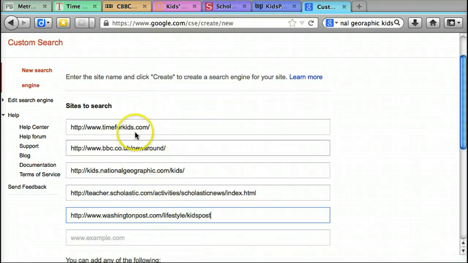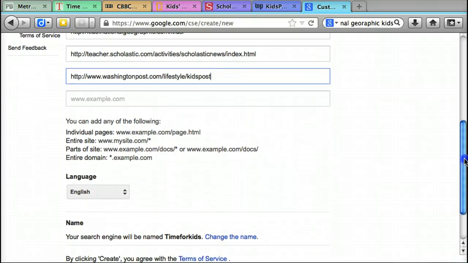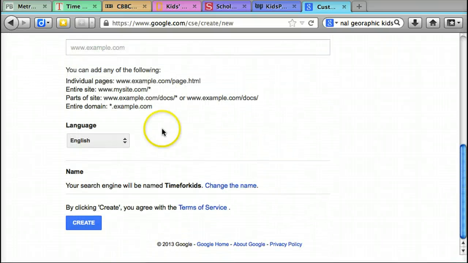So I've identified these 5 websites as good websites that I would want my students to do research on if they're researching the news. So instead of telling my students that they can look at these 5 websites, if I post them here, I can create one search engine that searches all 5 of them at once. So paste in your websites and then scroll down, and the next thing it wants to know is the language,